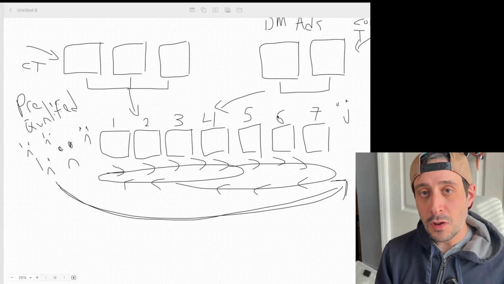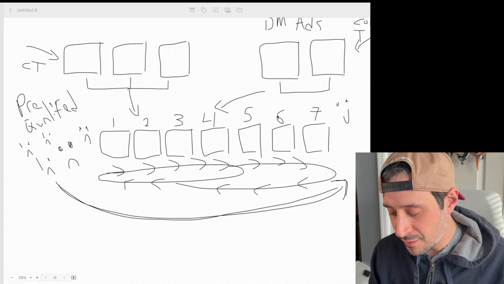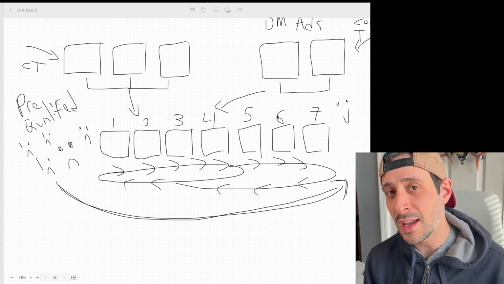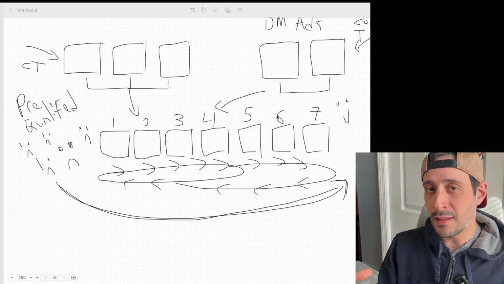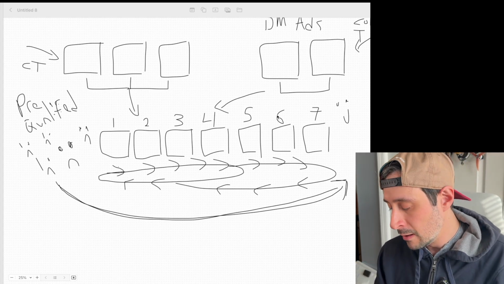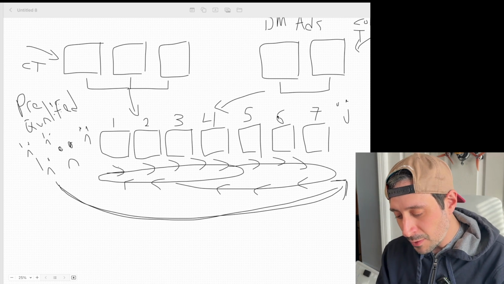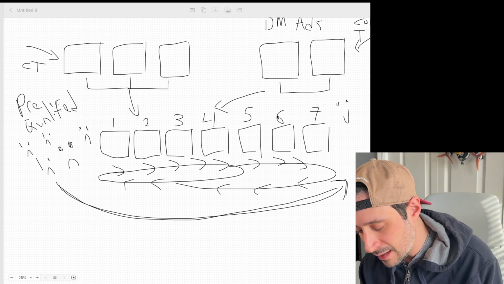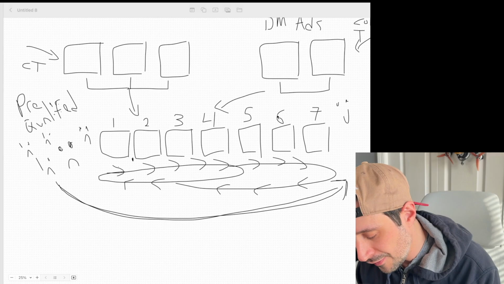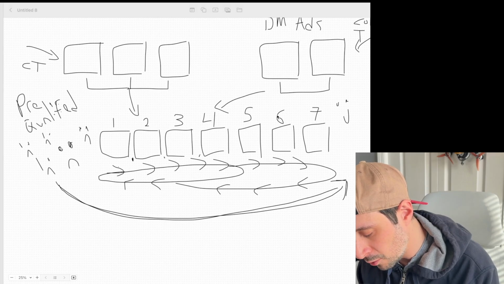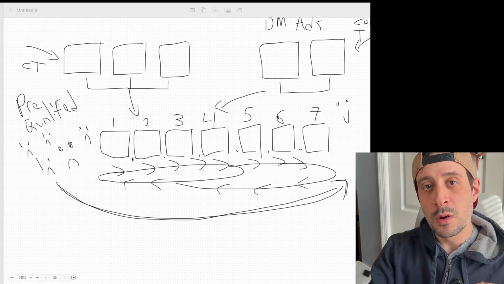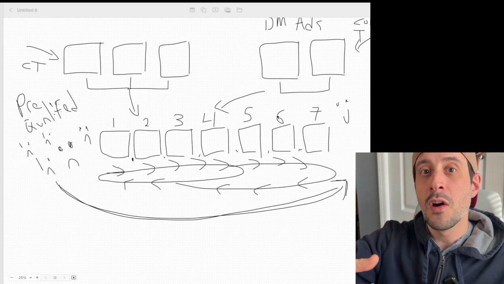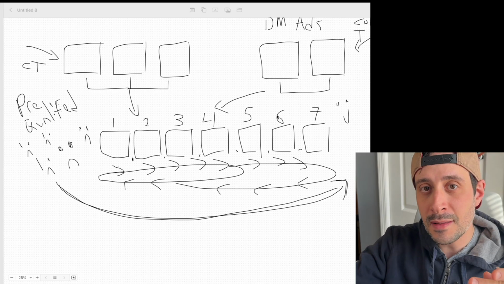Okay? So this is how we build out our system where we're pre-qualifying people. We're able to do it outside of the regular bidding system, which I will show you right now. And we're able to plug the gaps in the funnel, right? Those black holes I was talking about, because they're on a conveyor belt, which means that they're going to see the content over and over and over again, different ads, right?